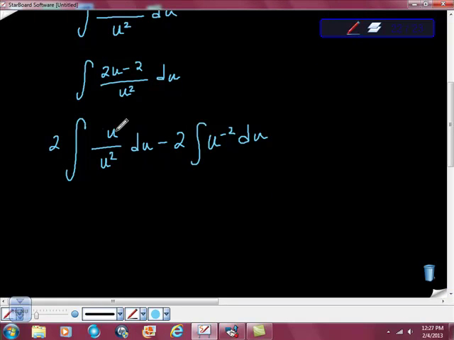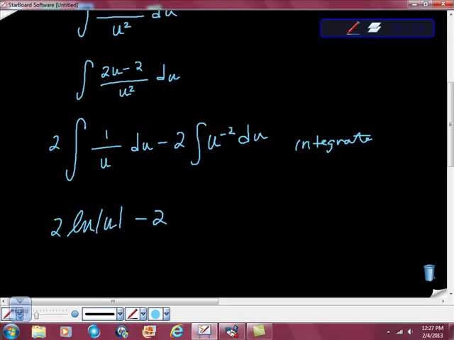As this thing goes through, u over u squared is 1 over u, isn't it? So you can see that. Now I have du over u, which is an ln, isn't it? So as I go ahead and integrate now, I'm starting to see this thing evolving. And I know that anytime I have the derivative over the function, I have an ln. So I have 2 ln of absolute u